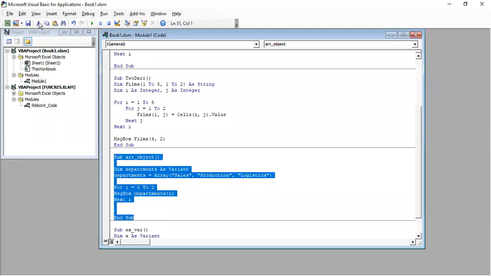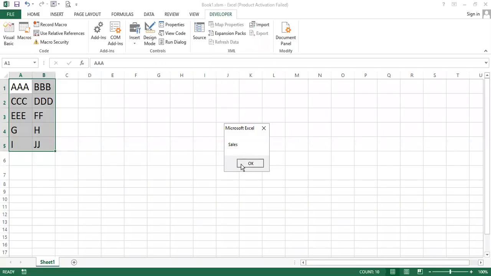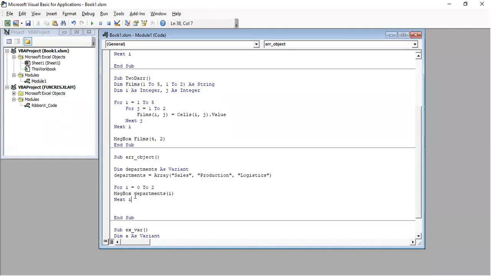We'll run. So we get sales, production, logistics. Fine. So to iterate, it is the same thing. The only thing is you have to use the index for I equal to 0 onwards. Instead of 1, we use 0 to n minus 1.